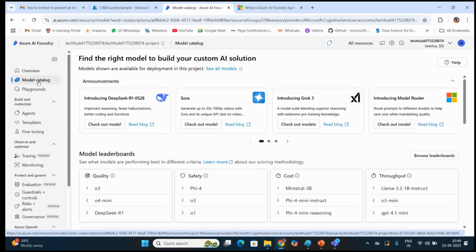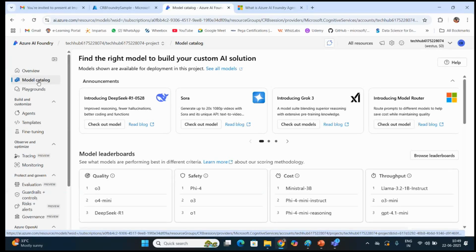Like, if you have ever used Vertex AI, and if you are someone who is new to the Azure platform, then you will have the model catalog, which is a similar one where you would have the models available under there, right? So from there you would be able to pick that up. It's the similar thing that you have here.